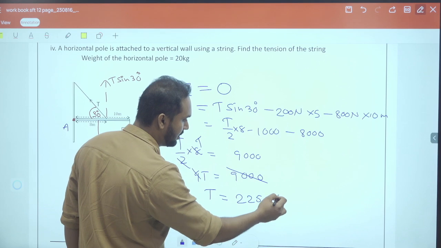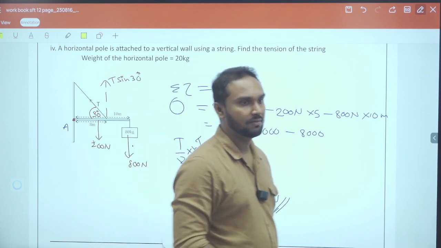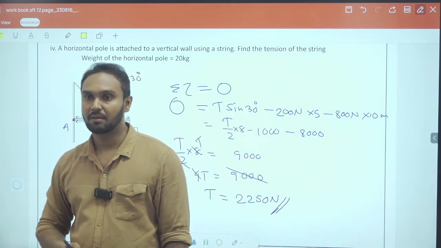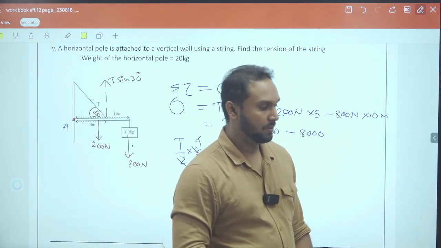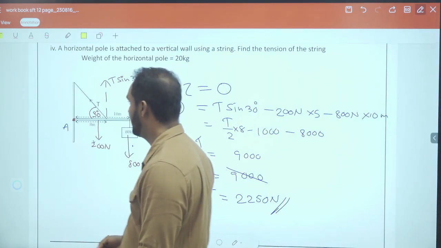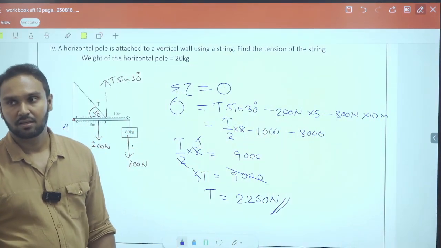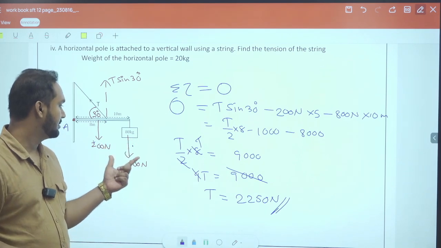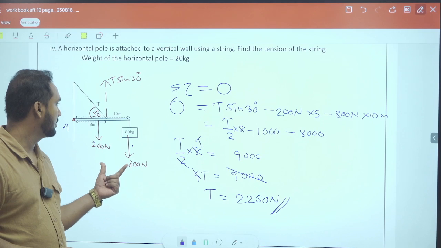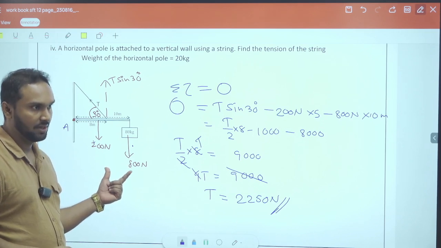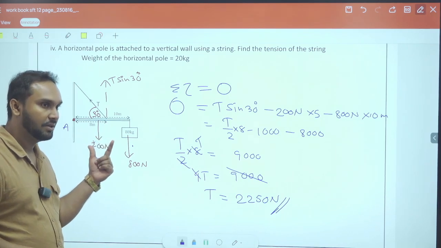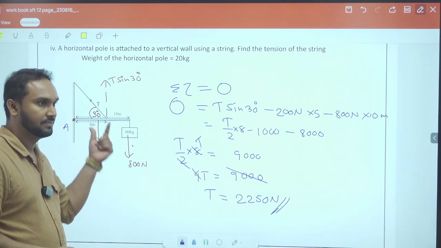2250. Right? So that is the tension that will be acting in this cable, right? So what can you tell by doing the question? If the weights are like 800 and 200 and there is altogether 1000 newtons, right? It is 1000 newtons. Now if we are to lift 1000 newtons of a weight,